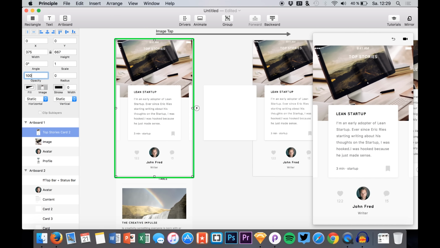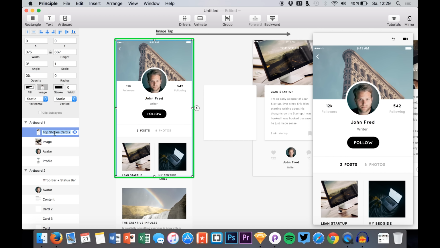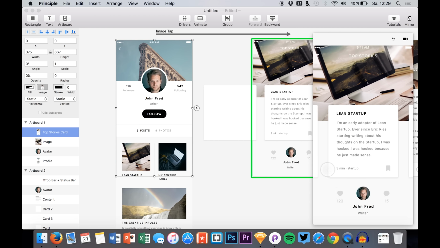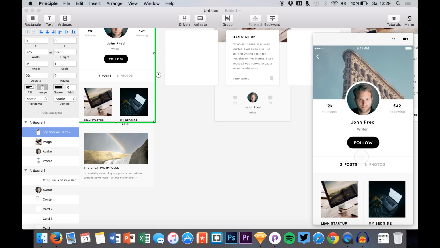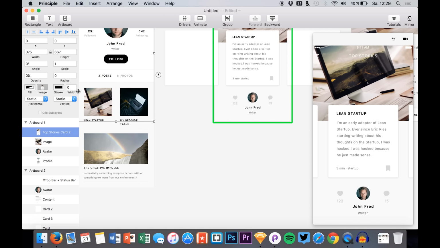Make the opacity 0%, give it the same name, and now we maybe even have a smoother animation, because it should, yeah, you see it's fading in way smoother